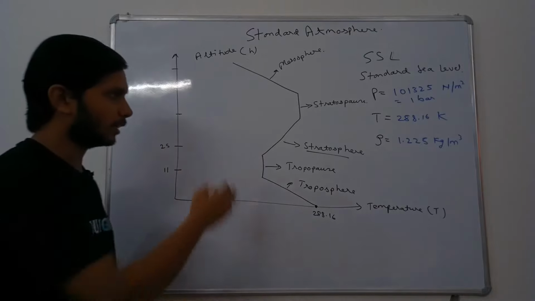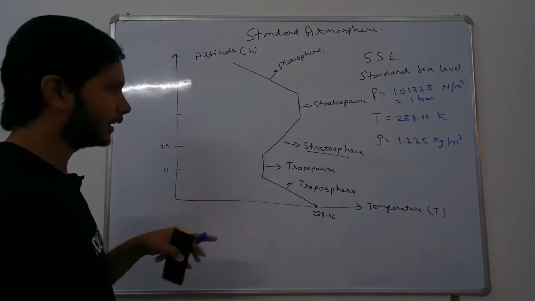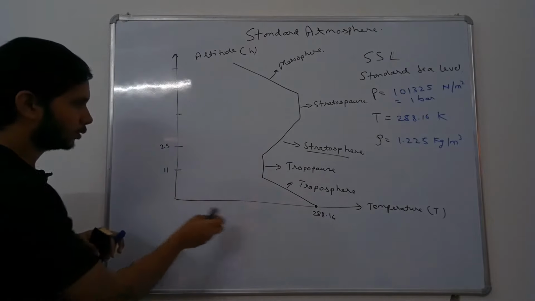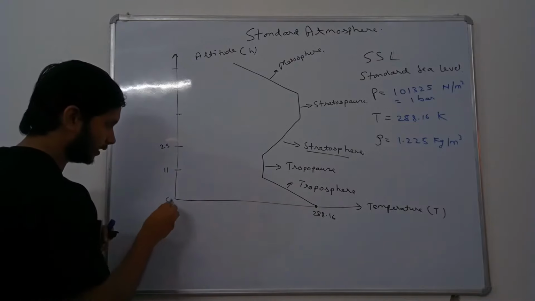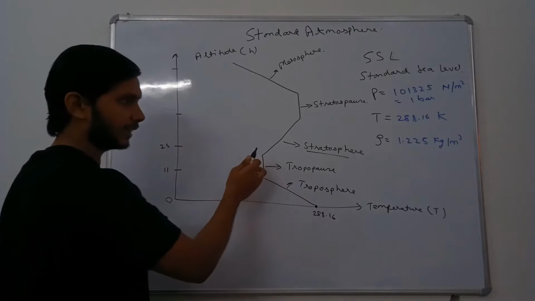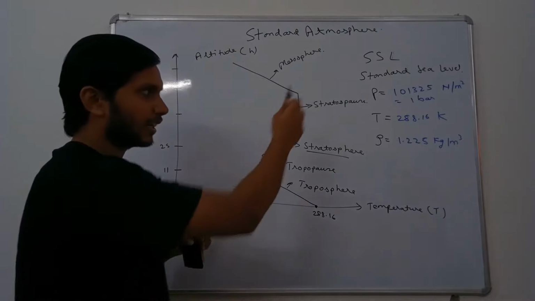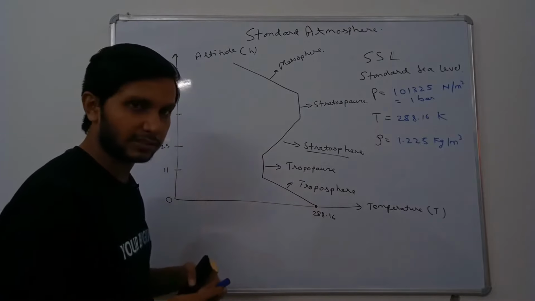Okay. So let me tell you the data here. Whatever data is here, we will again make the diagram and write all the data related to this. You can see that from 0 kilometer to 11 kilometer, the temperature goes on decreasing. From 11 to 25, temperature is constant, but it's not necessary that pressure and density will also remain constant. So that's the relation we are going to see.